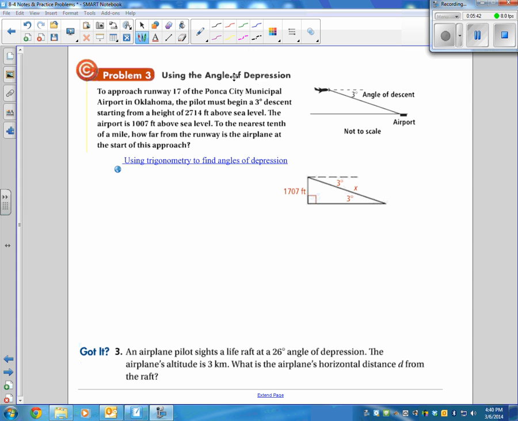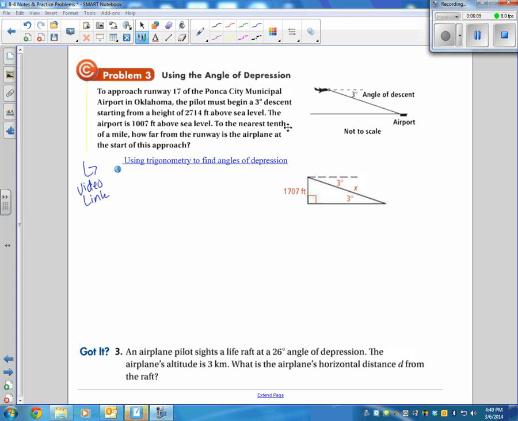Next, we're going to use this angle of depression, and I also have another video link here for you to go to if you need additional examples for this one. But now we're going to talk about depression. The approach to runway 17 of this municipal airport in Oklahoma: the pilot must begin its descent at 3 degrees, starting at a height of